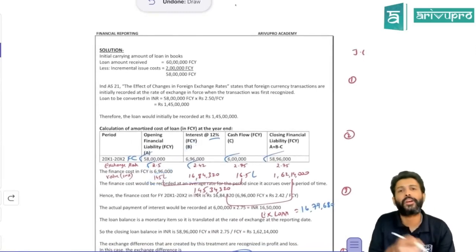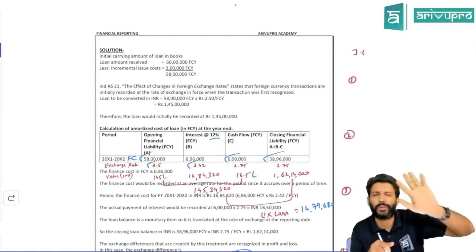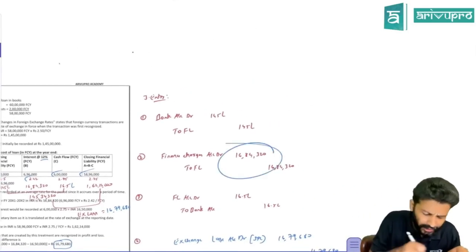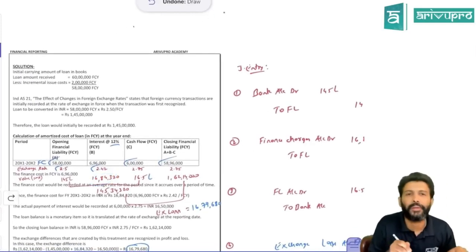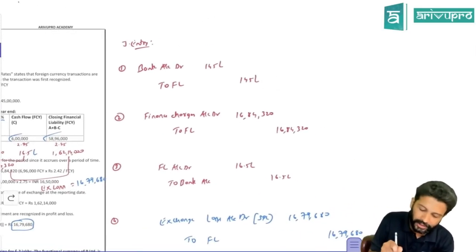Interest, what are the journal entries for? Based on the ACM table, you pass normal entries. Now you pass the entry in Indian rupees. For finance charges, what is the entry? Finance charges account debit to financial liability, same 16,84,320. Then when you make the monthly payment, yearly payment, the journal entry is financial liability to bank 16.5